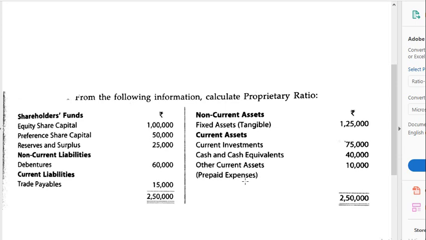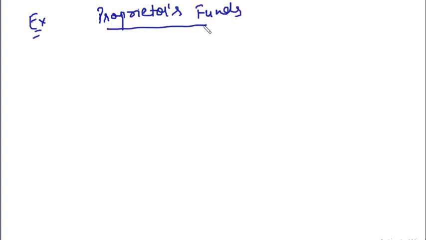Shareholders' funds: equity share capital, preference share capital, reserves and surplus; non-current liabilities: debentures; current liabilities: trade payables; non-current assets: fixed assets, 1,25,000; current assets we are given, right? So now, for the proprietary ratio, we need two things. The first, we'll calculate proprietors' funds. Now I told you, for the proprietors' funds, we have two approaches. The first one is liability approach,